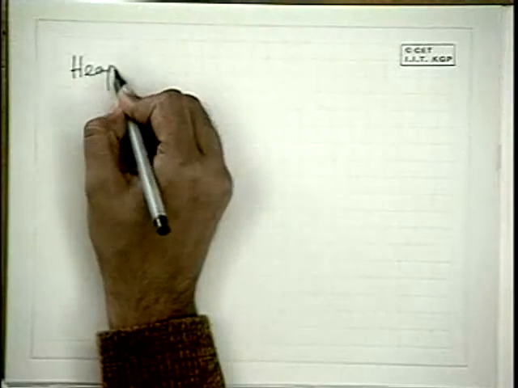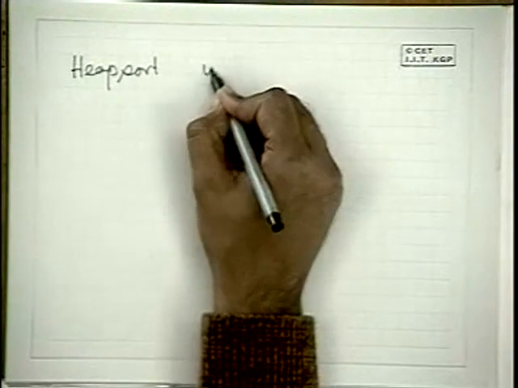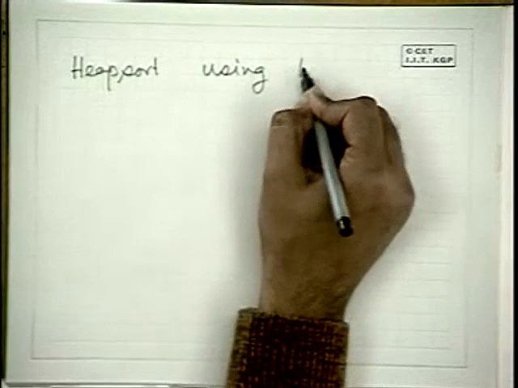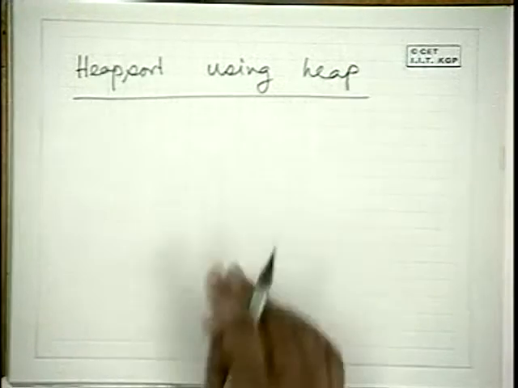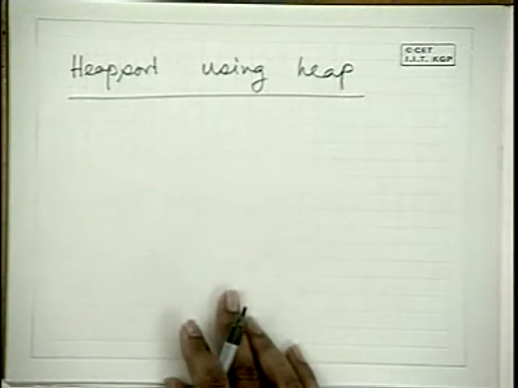Okay, so let's see. Now, at least we have a tool called heap. What is this good for? Why would somebody create a data structure? They must have some other goal in mind, and that is we already know how to do the heap sort using heap. So what do you do? Probably you know this.